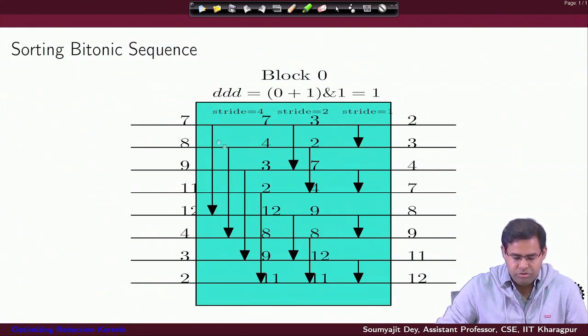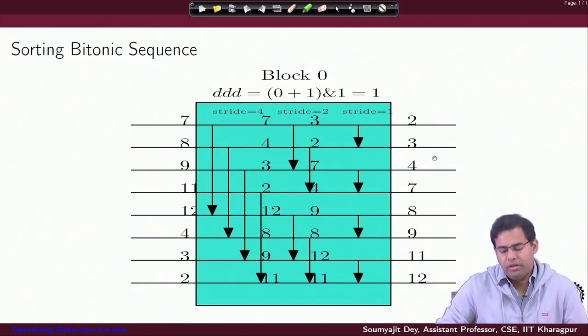For different stride values we are showing, using the example, how the values change. For thread 0, when this activity is done, with 7 and 12 nothing will change, then it is looking here at 7 and 3. So 7 will come down, and then again it is looking here and it will make 3 come down and 2 go up. In that way, with all the other values also getting swapped through the comparators, you have the final output here as the output of the sorting network.